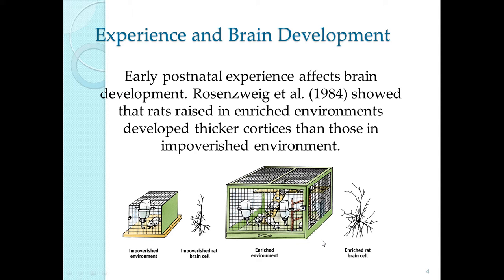And what we see is when we sacrifice these rats, after we inject them with something that will kill them, and we slice their brain, we see that the rats that lived in the impoverished environment had very, very lower levels of synaptic growth, and they actually had significantly more pruning, which is something we're going to talk about in a moment. The rats in the enriched environment over here had thicker cortices, so they had a more developed brain, and this is in large part due to these enriching experiences.